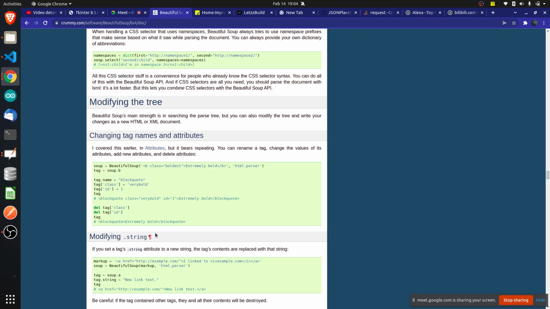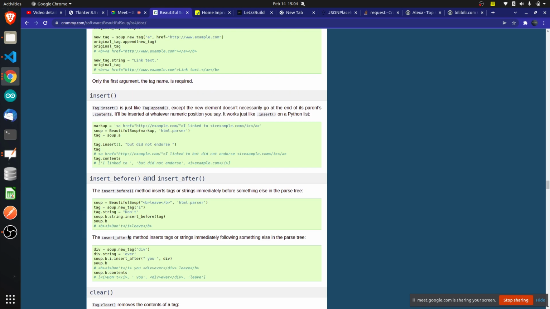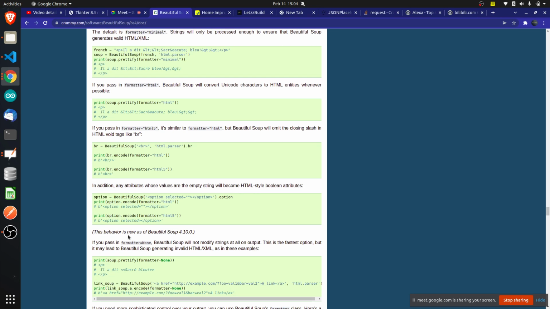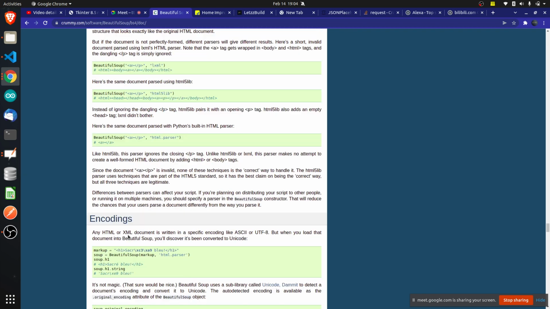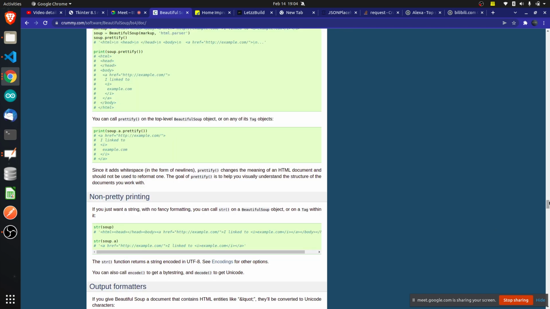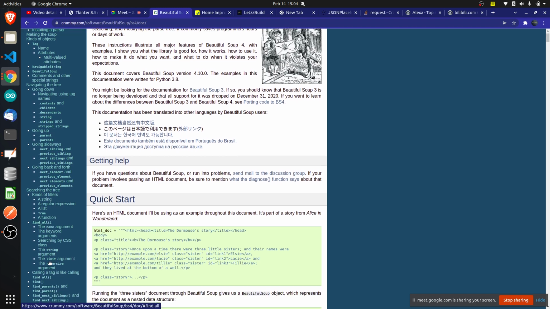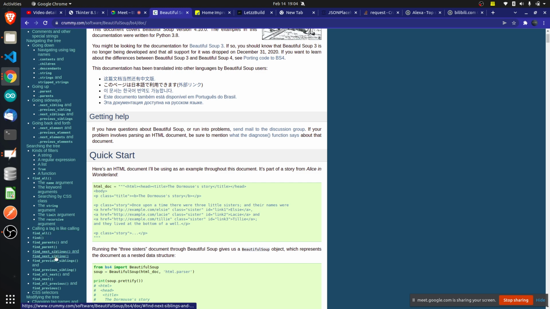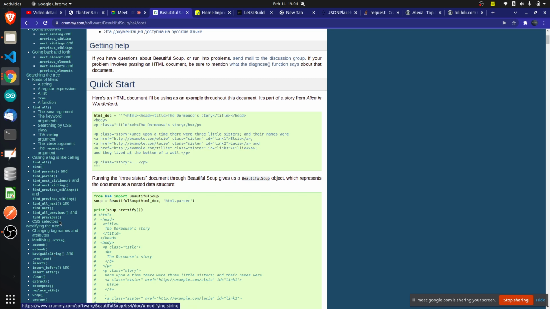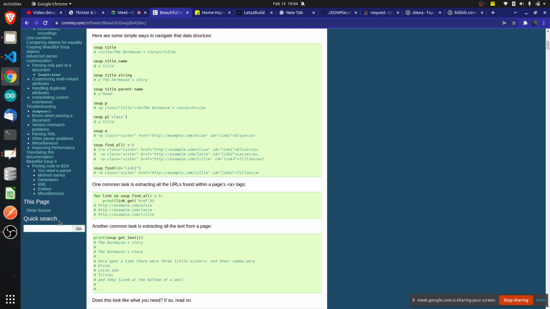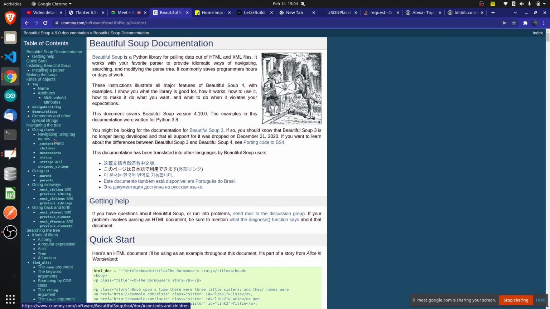Where is this documentation? I'm searching for something else. Where is find by class and find by ID? So you can directly search using class name or find by ID, find by class name, all those kinds of things. You can see find the parents, you can find the siblings. To understand this, you will have to know a little bit of HTML. At least a little bit of HTML you will have to know. If you know the HTML, then it is much simpler.